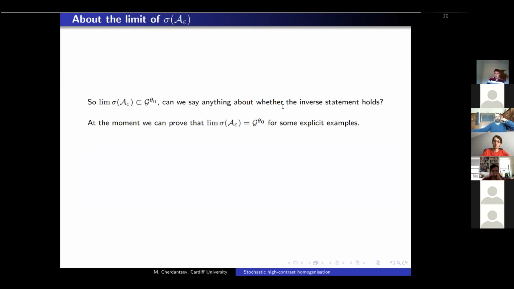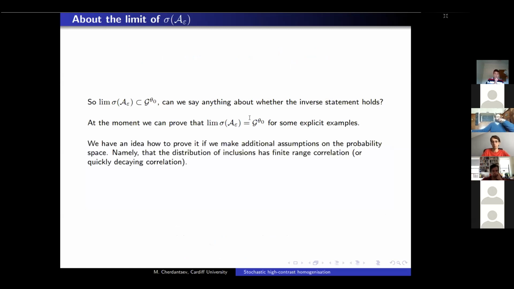At the moment, we can prove the equality for some explicit examples, like those that I referred to throughout this talk. Also, we have an idea how to prove this equality under an additional assumption. We think we can do this if we assume that the distribution of inclusions has finite range correlation, or the